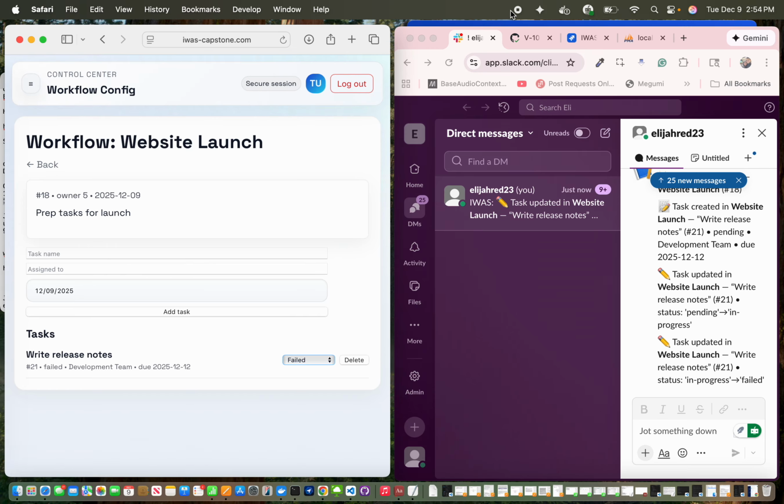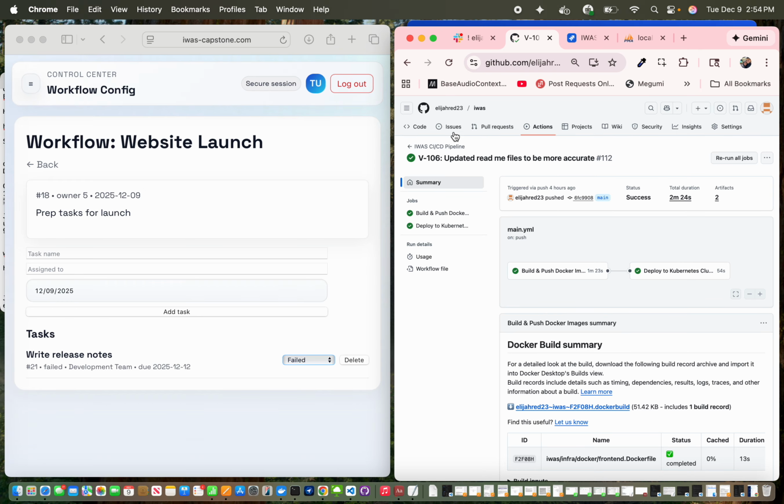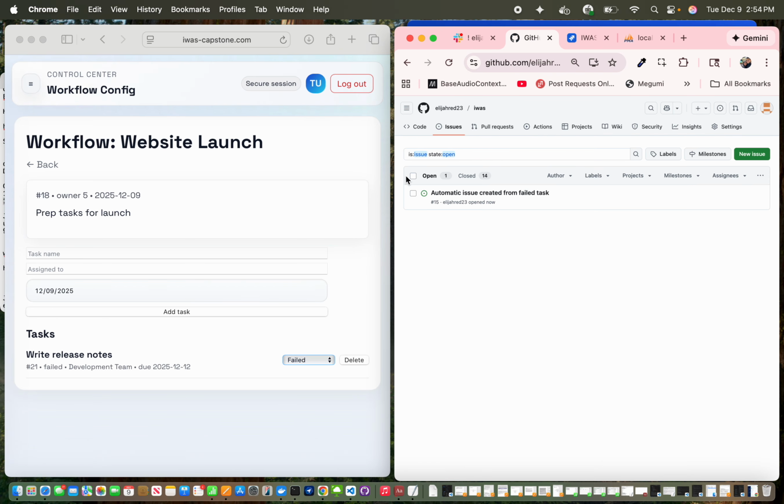We got the notification here. And so I have my GitHub repo for IWAS configured so that it creates the GitHub issue for this repo. I'll explain that more in a little bit. Basically, the issue is automatically created when the task fails, and so I see it inside this GitHub